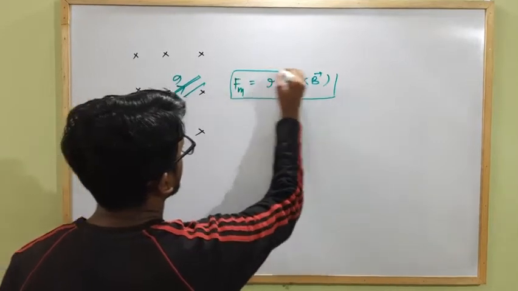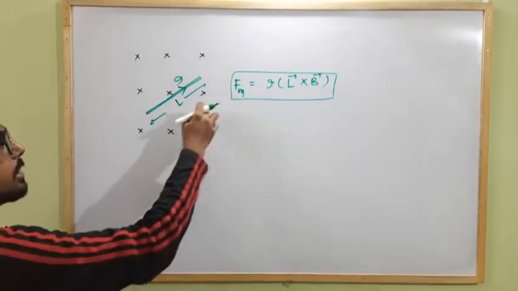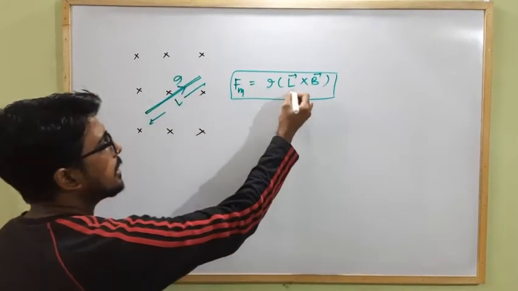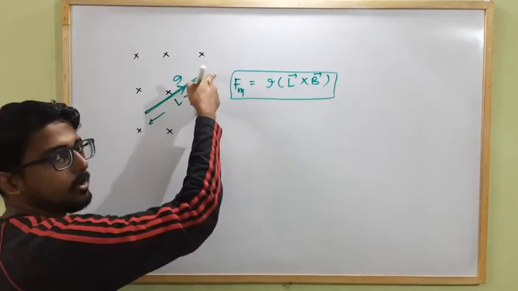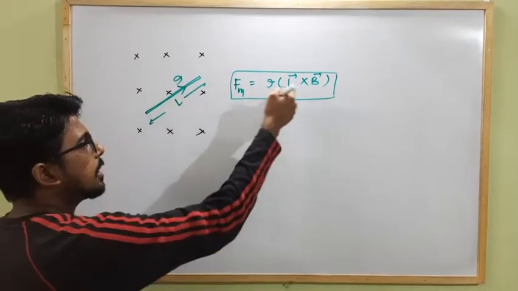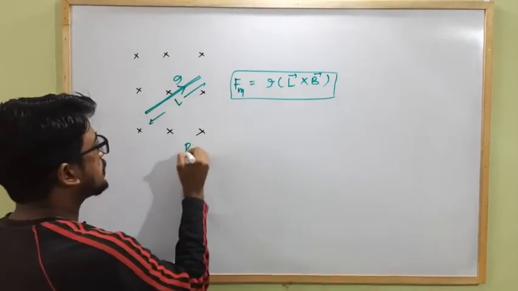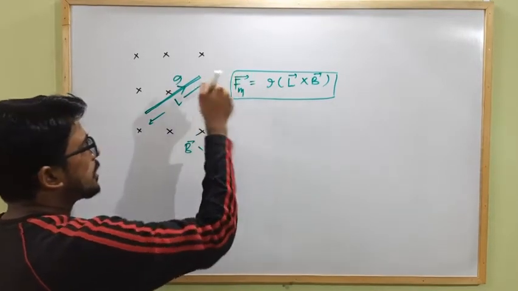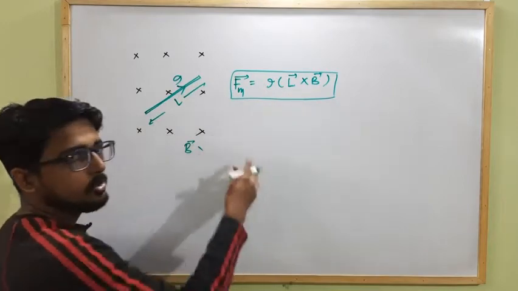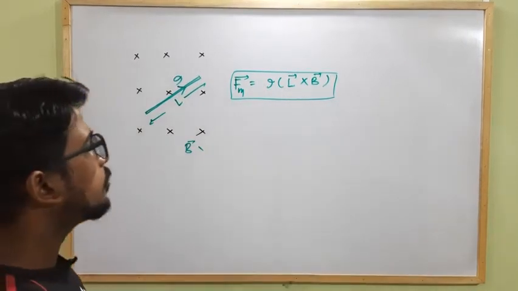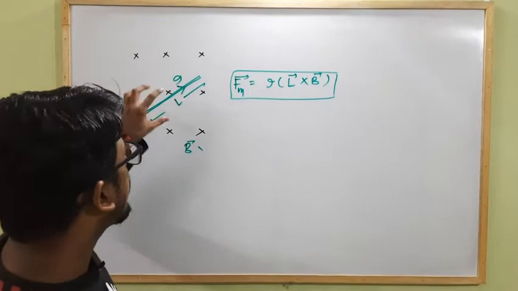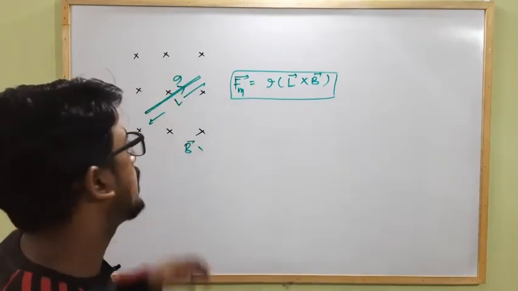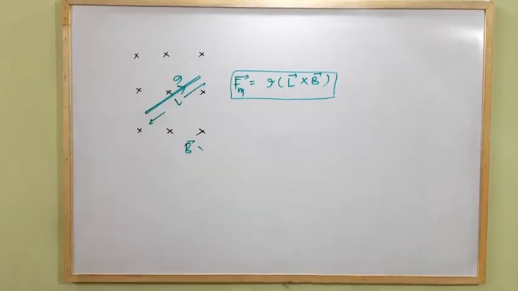We have already studied this expression and derived this formula, where L is the displacement vector along the direction of current flowing through the conductor, and B is the magnetic field strength, here into the plane. So the magnetic force acting on it due to the external magnetic field is this much. But what will happen if, in place of a current carrying conductor, there is a complete current carrying loop or coil? So let's study that.